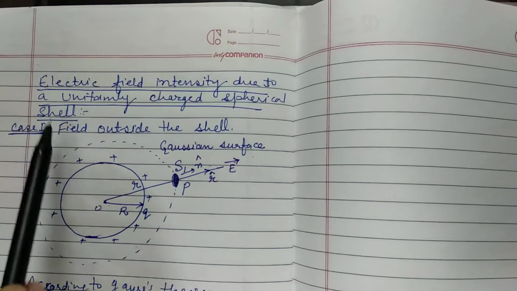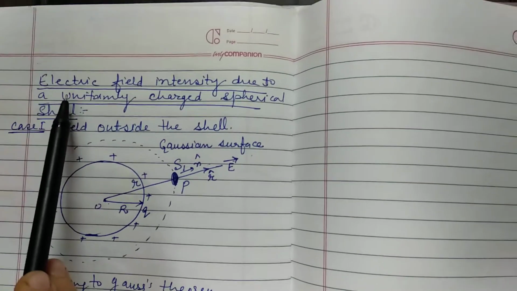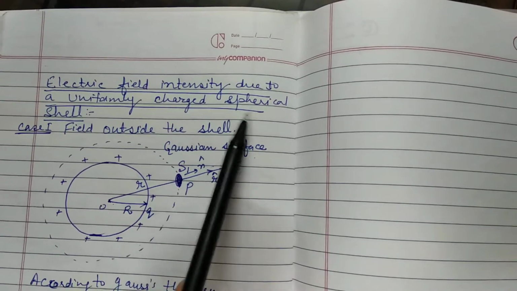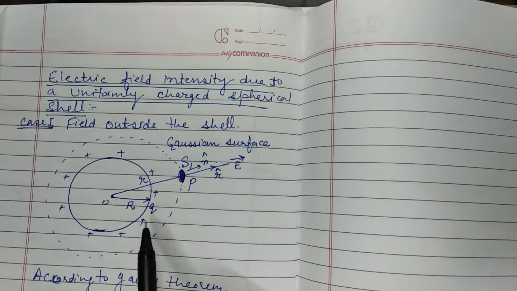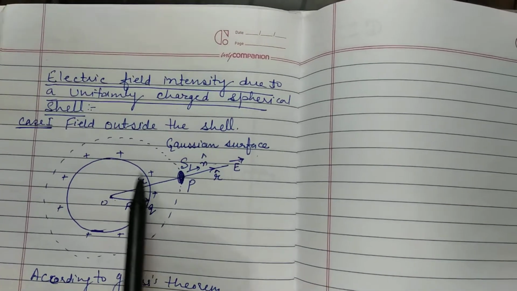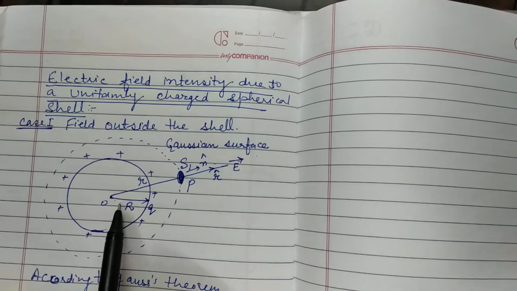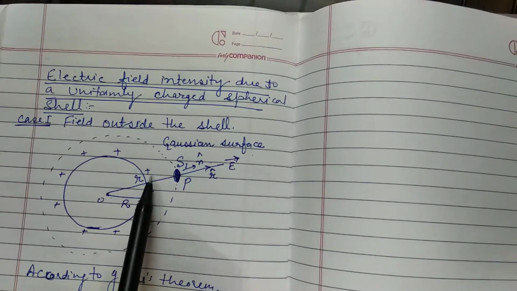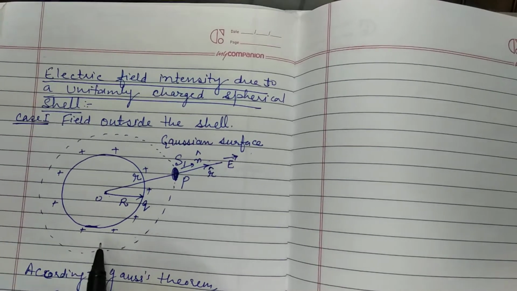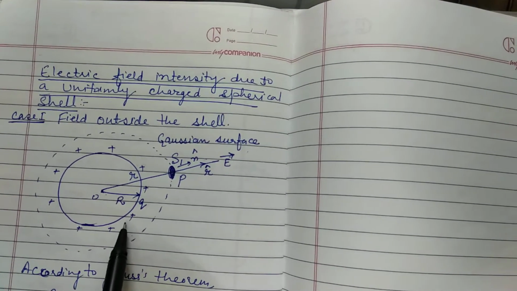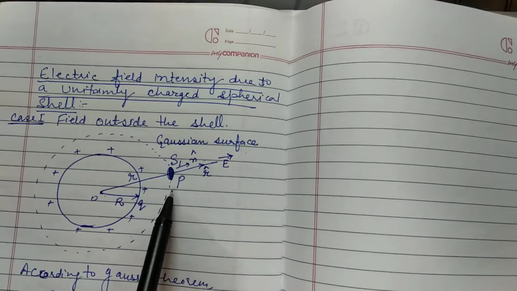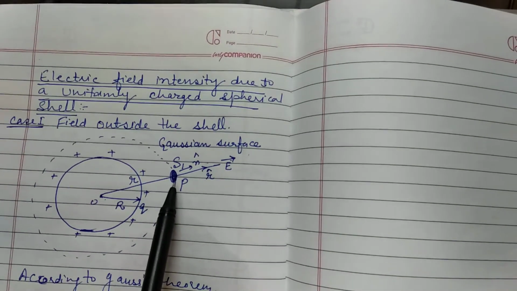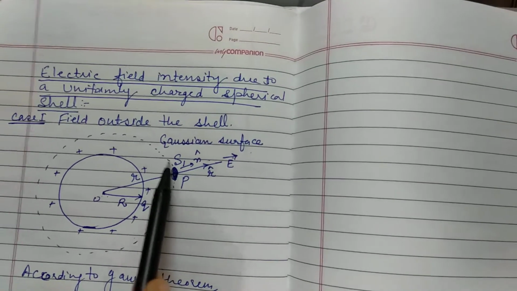Good morning, students. Today we will study the electric field intensity due to a uniformly charged spherical shell. Consider a thin spherical shell of radius capital R with center O. Let positive charge Q be distributed uniformly over the surface of the shell. Now we will calculate the electric field intensity at a point P at a distance small r from the center